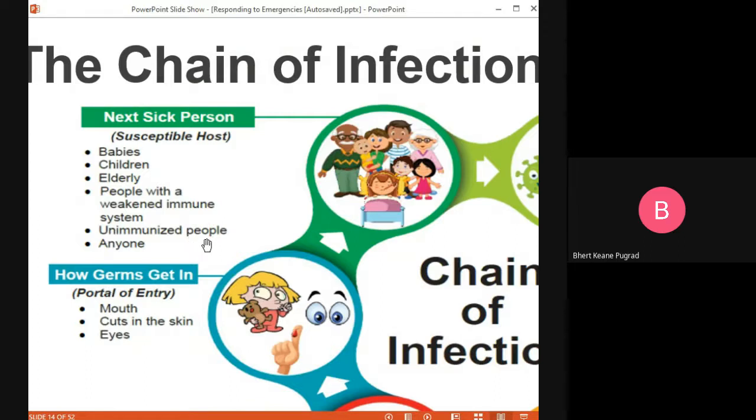Example, yung mga cancer patients, okay? Yung mga patients who are taking immunosuppressant, okay? Yung mga pasyente, kapag yung pasyente natin ay nag-undergo siya ng